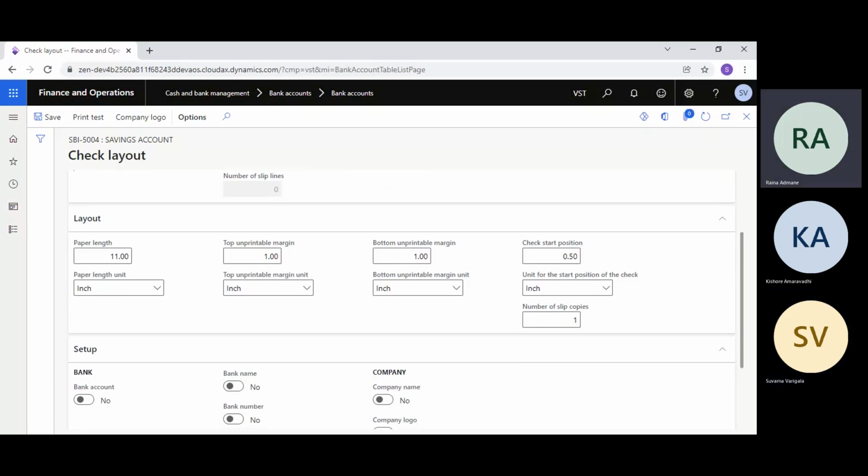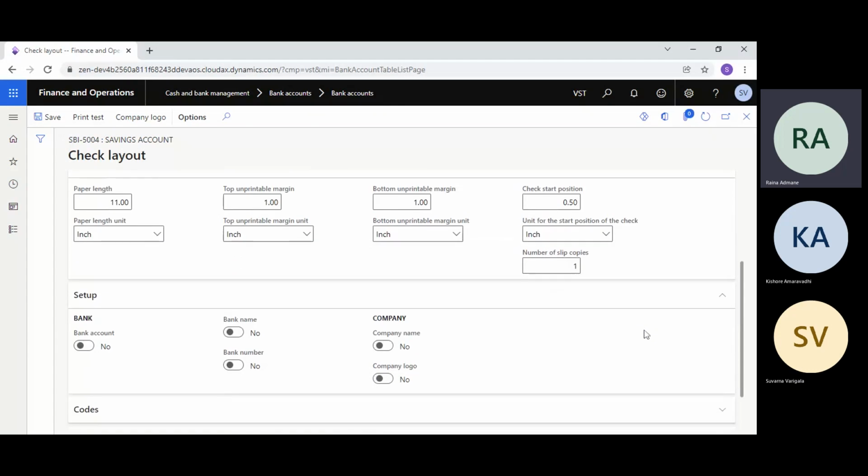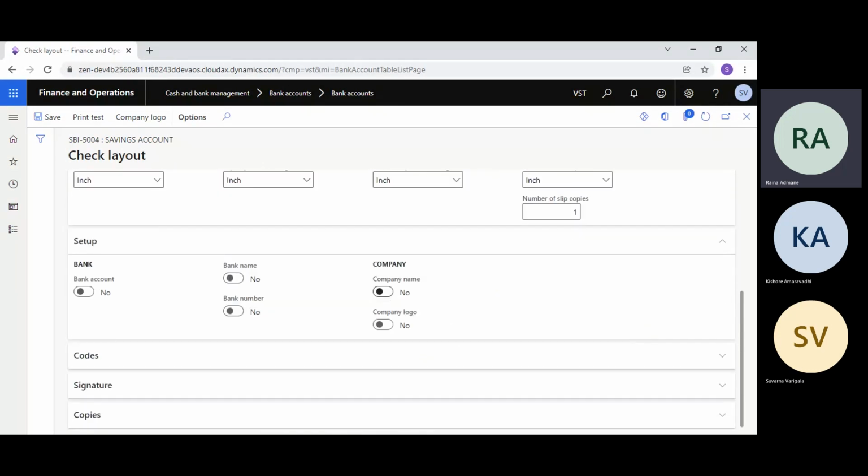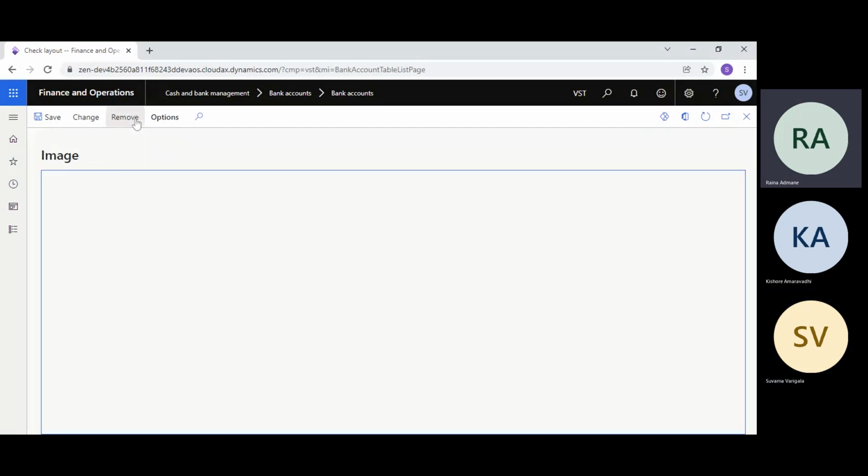Now we also have the option of whether you want to print the company logo. So you can go there to the company logo. At the top you will find a company logo menu. Here you should make it yes first, and then there is an option to select the logo.